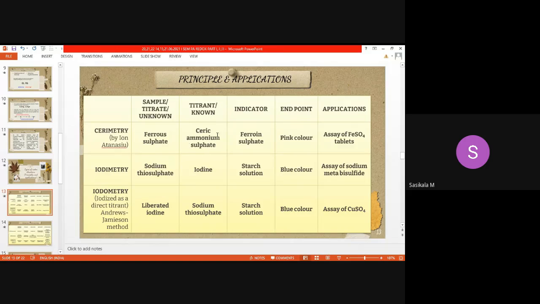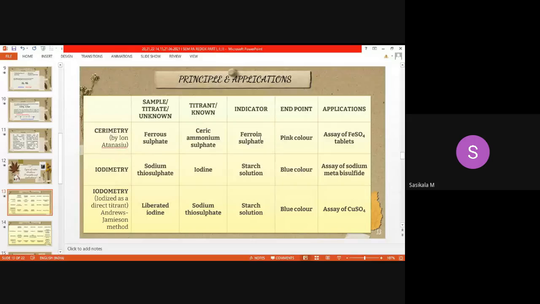This is the cerium salt. This is the ferrous salt. So titration between these two, an oxidizing agent and a reducing agent, is taking place. Here the titrant is ferric ammonium sulfate, hence the titration is called cerimetry. So when we use the titrant ferric ammonium sulfate, the titration is called cerimetry. This is an oxidizing agent, so reducing agents can be analyzed by using this technique. Mostly ferrous sulfate or any reducing agent similar to ferrous sulfate can be analyzed.